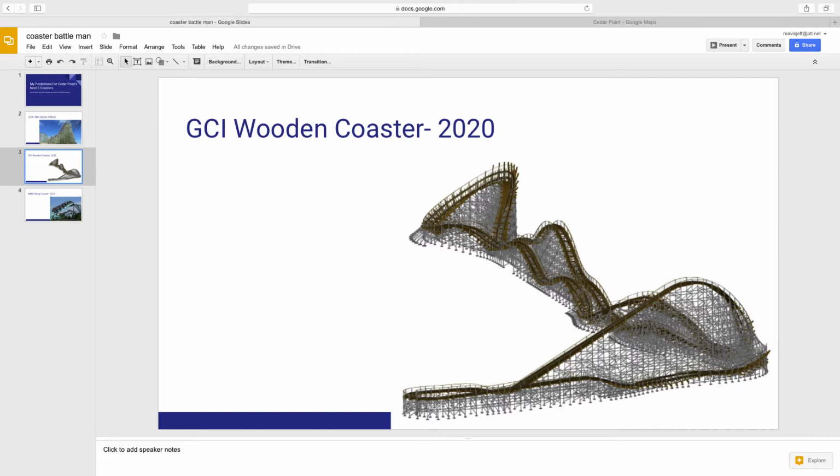The next coaster is a GCI wooden coaster, and this ride will be coming out in 2020, in my opinion, because Cedar Point's biggest gap is a wooden coaster. They don't need another steel coaster. They could just use a new, unique model of steel coaster, but a GCI Woody would be a nice fit for Cedar Point because Blue Streak's their only wooden coaster, and it'd be nice to have a more modern wooden coaster that delivers better airtime and has some sweet bank turns as well. A GCI would really fit at Cedar Point, and I think it would definitely be a nice addition for their